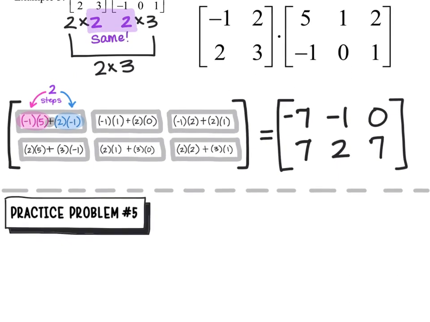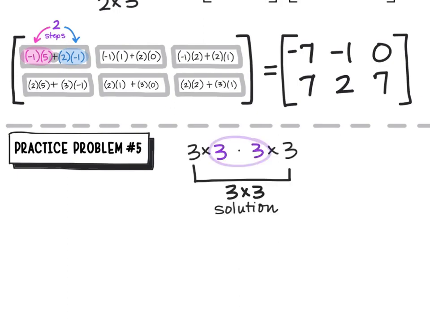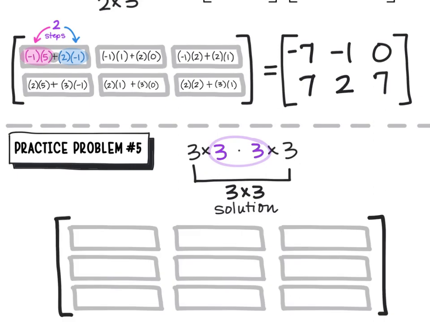Number 5 on your practice problems has you multiplying 3 by 3s together. So you're going to have a solution matrix with 9 separate elements, and each one of those elements is going to be comprised of 3